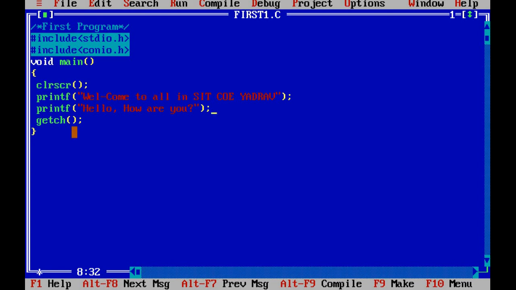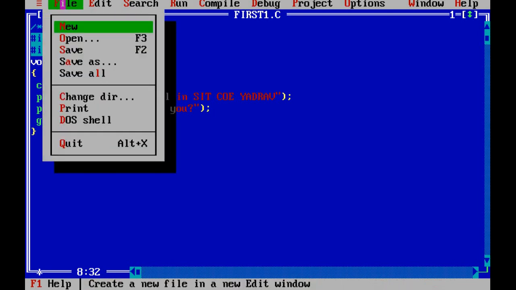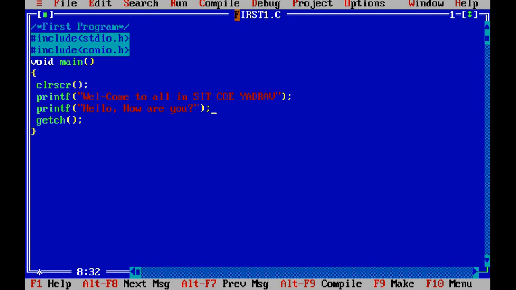Okay, so I am doing one modification here. What is the modification? A printf, just typing again the hello, how are you message. After doing the modification, I am adding one more statement in this program, so I need to save that statement. Go to the file menu and click on save, not save as, because I already saved this program using the name